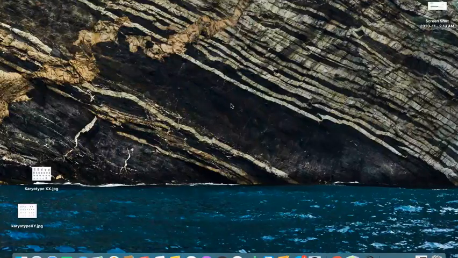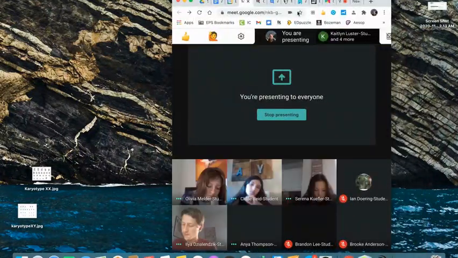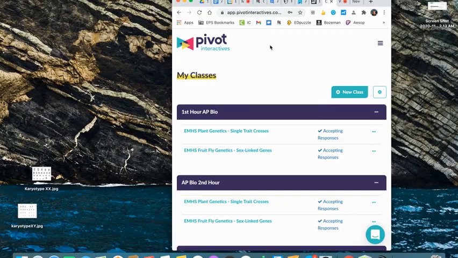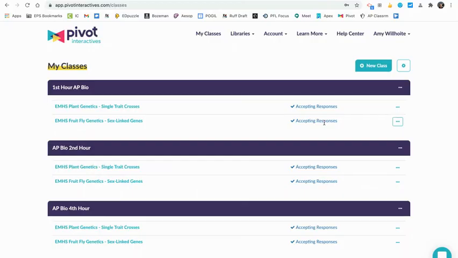And you need to go there and click on the link so that you can go into Pivot and click on the link for your hour, okay? And this is Pivot Interactives, and mine looks like this. Yours will just look like one of these. Okay, so in Canvas,